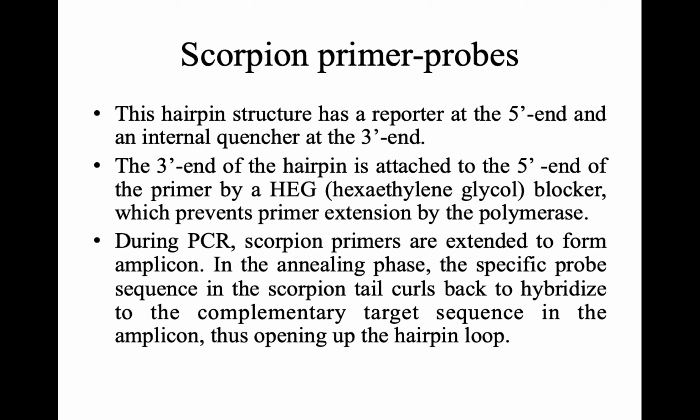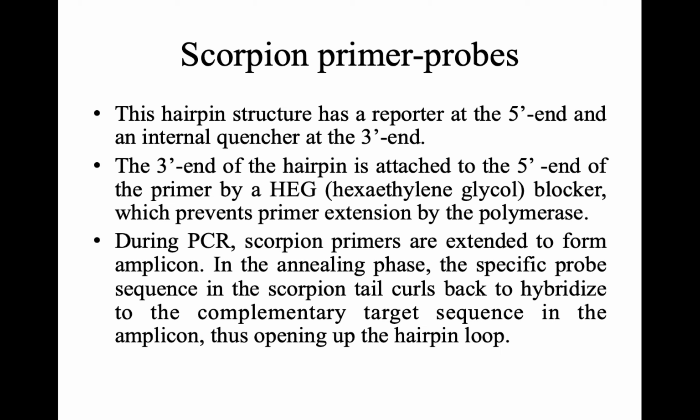So here the quencher is nothing but any molecule or substance which is going to absorb the energy emitted from the reporter, and it results in the absence of the fluorescent signal. The quencher absorbs the energy of the fluorescence emitted from the reporter molecule, and it is dissipated as heat. By doing so, we cannot detect the fluorescent signal, because whatever fluorescence is emitted by the reporter is absorbed by the quencher. We need to understand that.